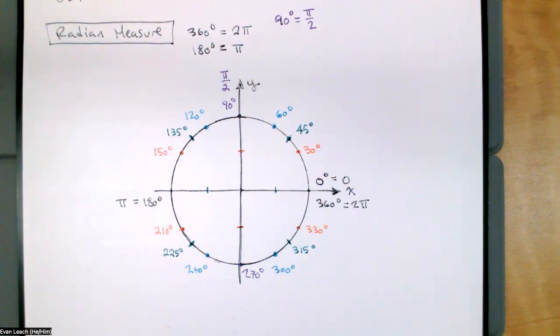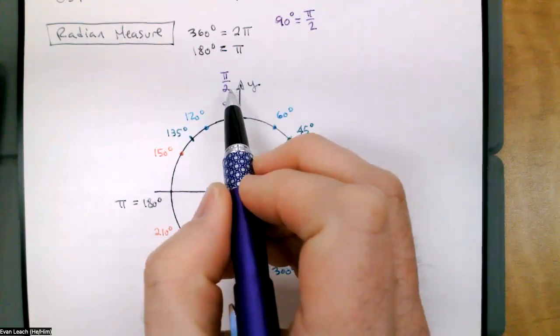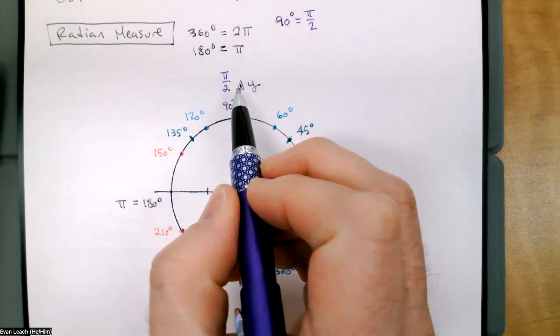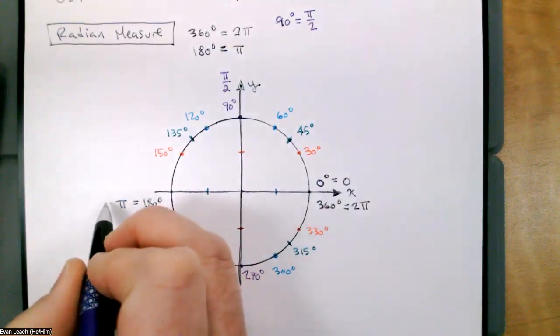Now let's do the same thing. Remember, we're going to be stopping every 90 degrees, but we're going to think in terms of radians. 90 degrees is pi over 2 radians. We're going to start counting around the circle in multiples of pi over 2. So we're going to be 0. I got that one. Pi over 2. That's 1 pi over 2. Where's 2 pi over 2? 180. So this is 2 pi